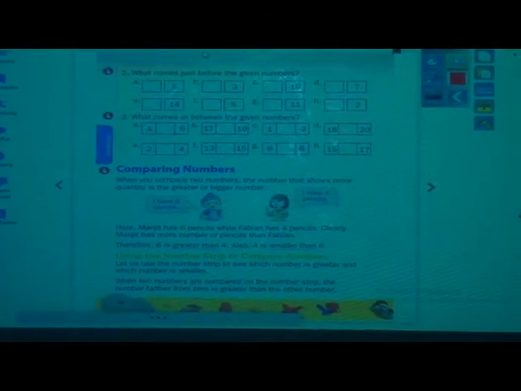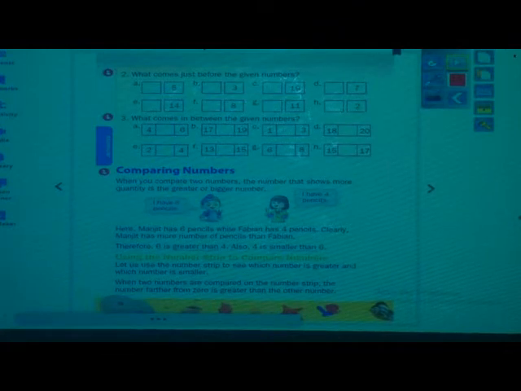Same we have to see for the numbers also. We have to compare two numbers which are given and find out which is greater and which is smaller. One more thing, while counting like 0, 1, 2, 3, 4, the number which comes first is smaller and the number which comes later, forward, is greater. I will show you that on the number strip. Now open your Saffron textbook. The new concept which I have just explained was comparing numbers.